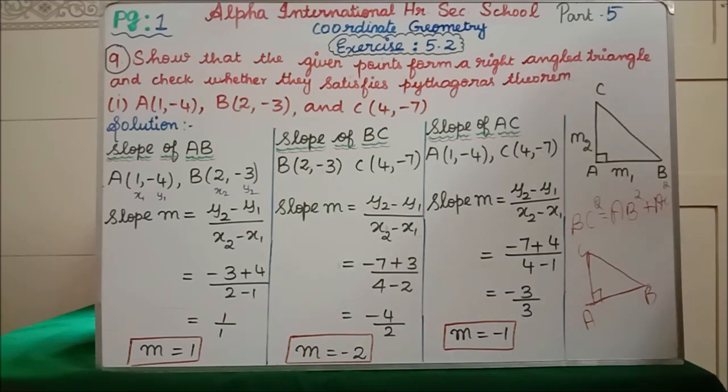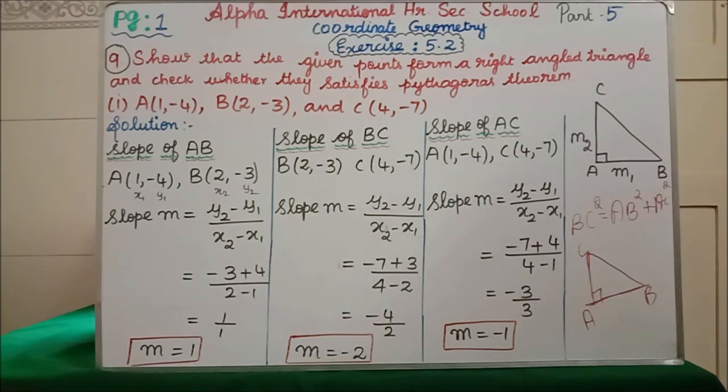But always it cannot be that the slope of AC is perpendicular to the slope of AB. They have not given the diagram by themselves; we have drawn it, isn't it? So totally how many lines are there in this triangle? AB, BC, CA. 3 lines we are having. So for the 3 lines we are going to find the slope using the 2-point formula. Okay, then remaining we'll see.